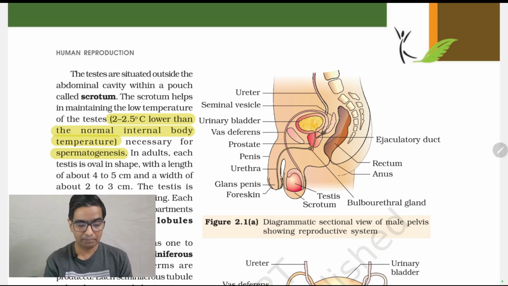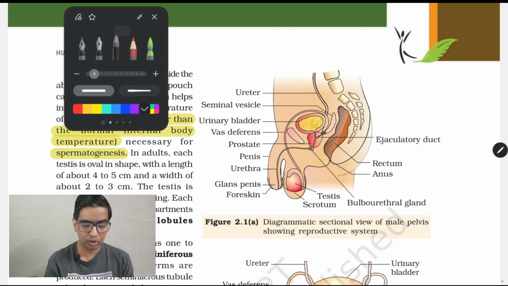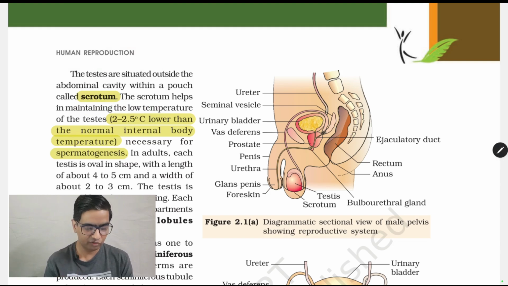into a pouch. That pouch is called the scrotum. It is a muscular pouch. It's made up of skin, other connective tissue, and it has a muscle inside it. Extra point, not really important as primary info, but good to know. The name of the muscle is called cremaster.